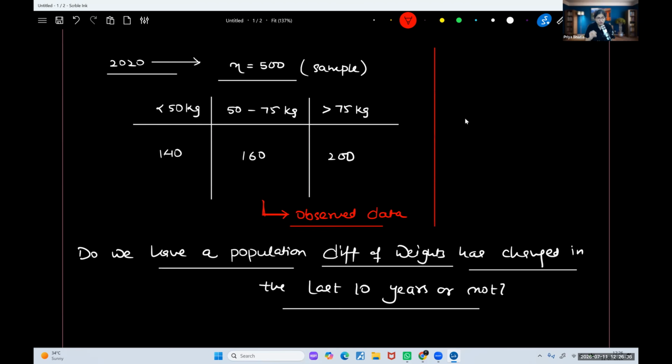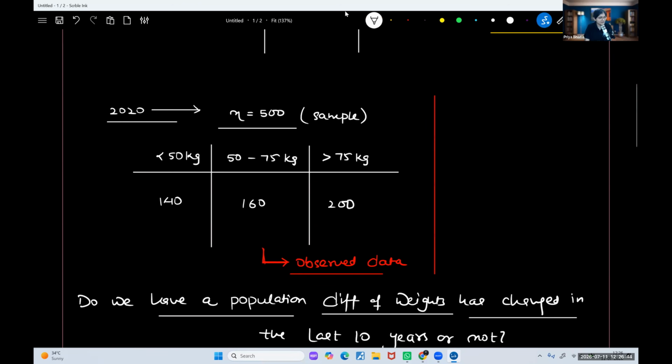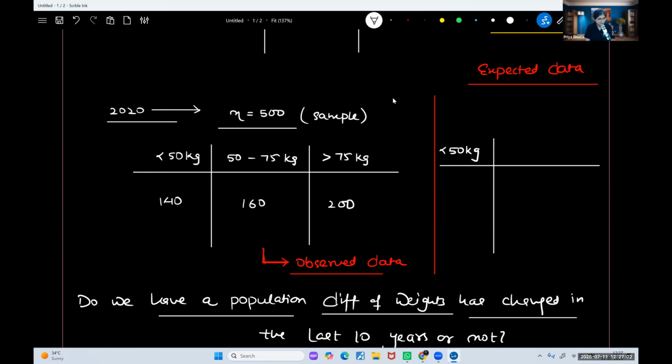अगर मान लो proportion change नहीं होता 2010 से 2020 के बीच में, तो हमारे पास में expected data क्या होता? कोई बता सकता है मुझे? What should be the expected data ideally in that case? इजी है, थोड़ा सा मैथ्स लगाना है. लेस देन 50 केजी के अंदर, 50 से 75 केजी के अंदर, एंड मोर देन 75 केजी के अंदर. क्या होता? वेरी गुड, वेरी गुड. सो 100,